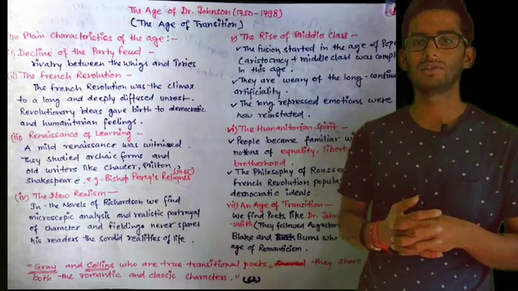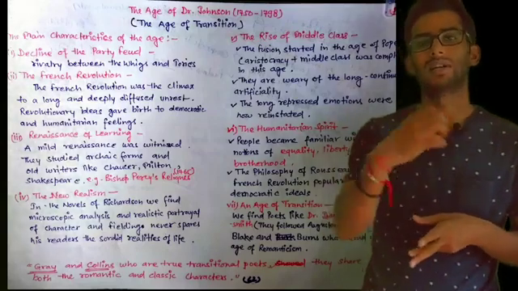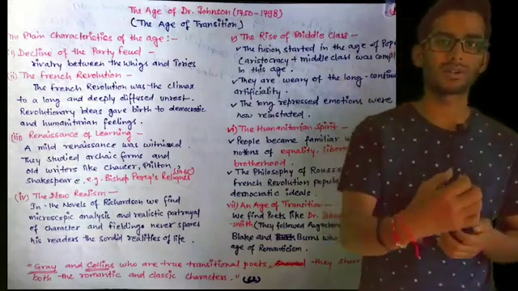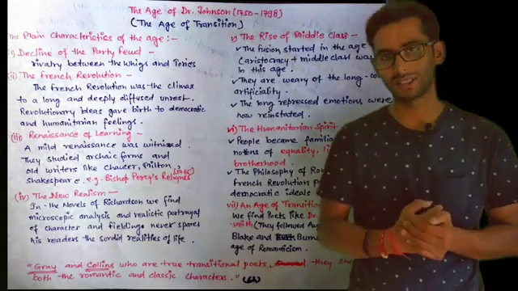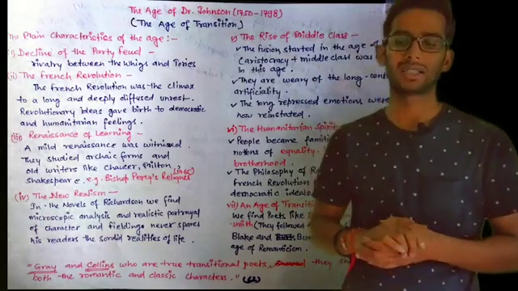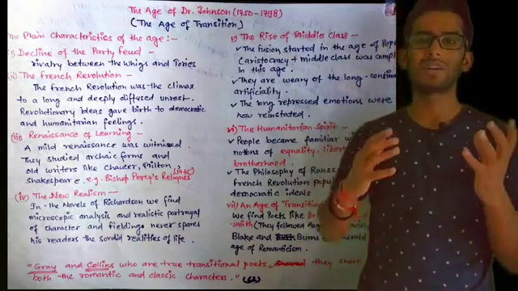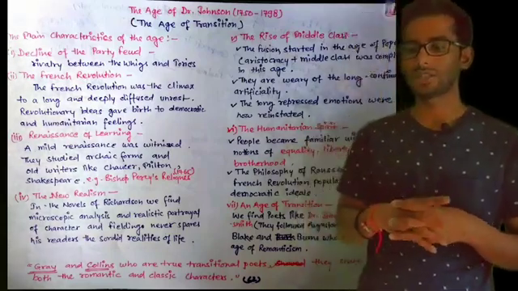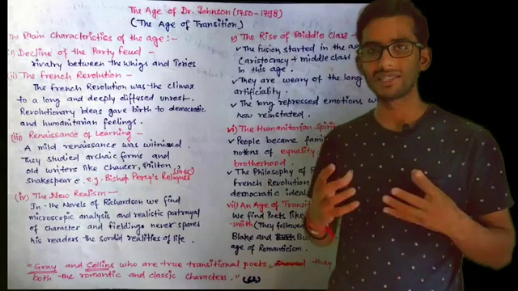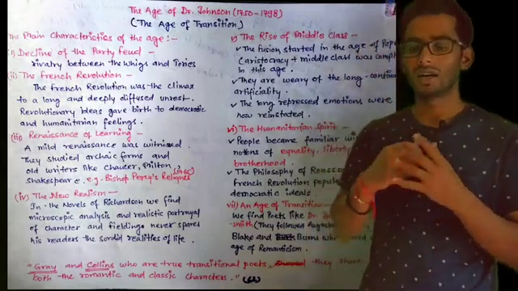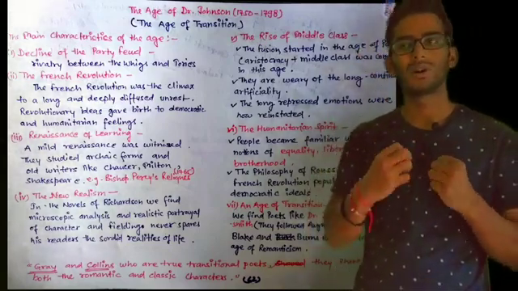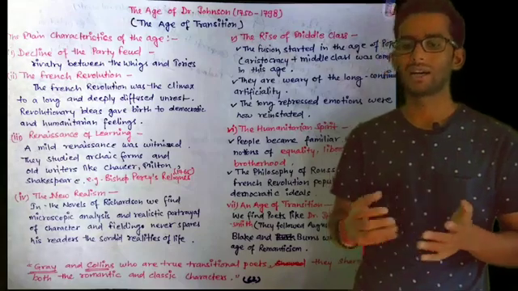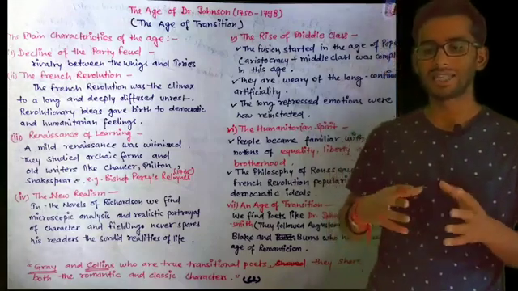Writers usually pick the topics from society, and they want to correct the society's follies, so they write such satires and other things. So now the people were fed up of artificialities in things. The long repressed emotions were now reinstated. They started taking out the long repressed emotions, and now it was reinstated.